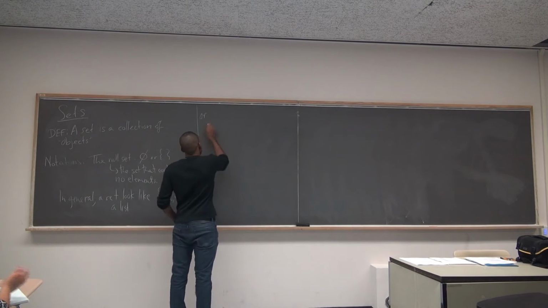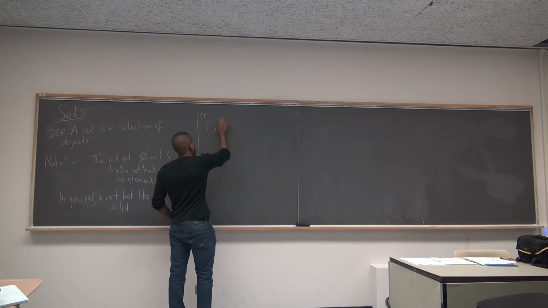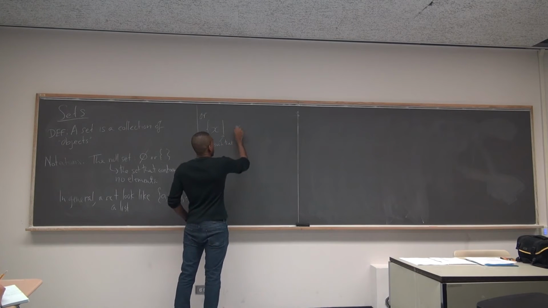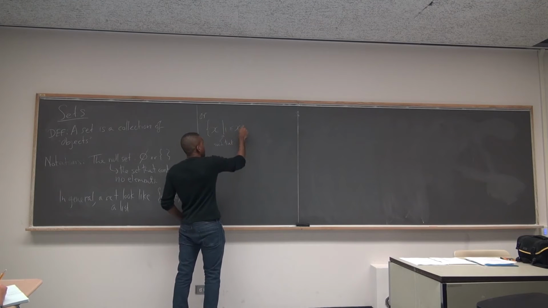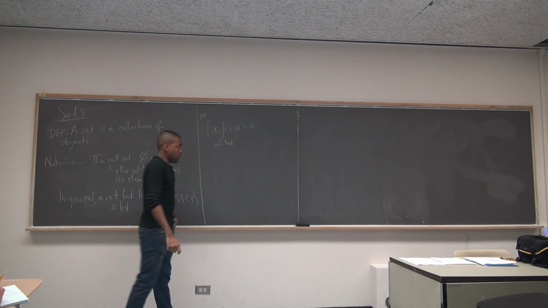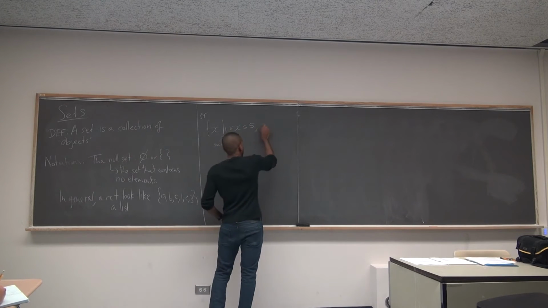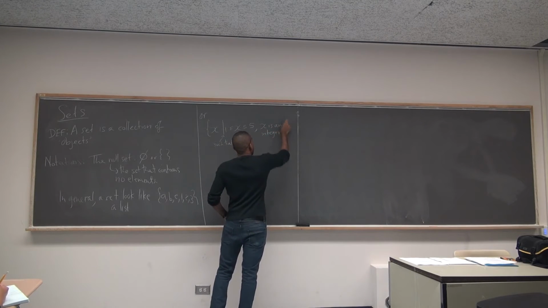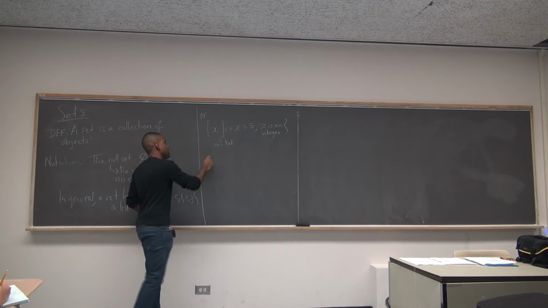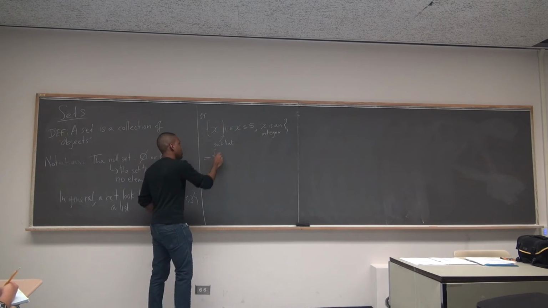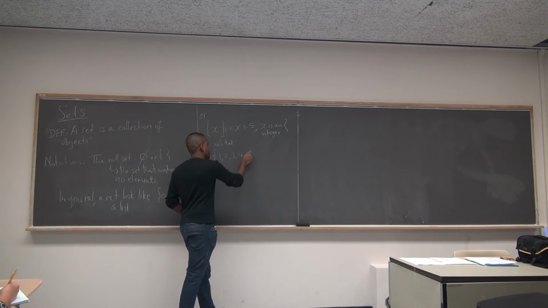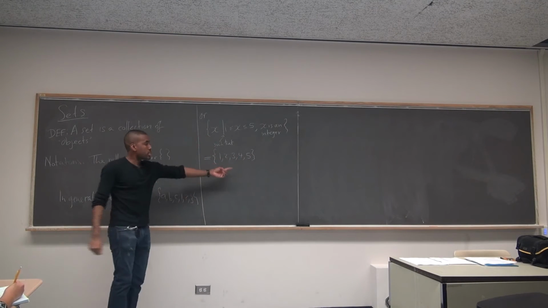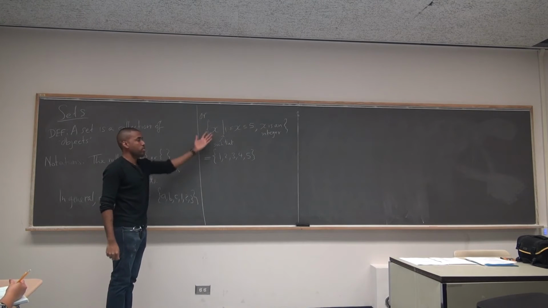Or you can define the numbers by a certain property. For example, I can say a set is something like the set of all x, where this bar here means such that, and then I can give you some condition that it must fulfill. The set of all numbers between 1 and 5 where x is an integer. And this would be equal to 1, 2, 3, 4, 5. So instead of listing out the integers between 1 and 5, I can give you this condition.